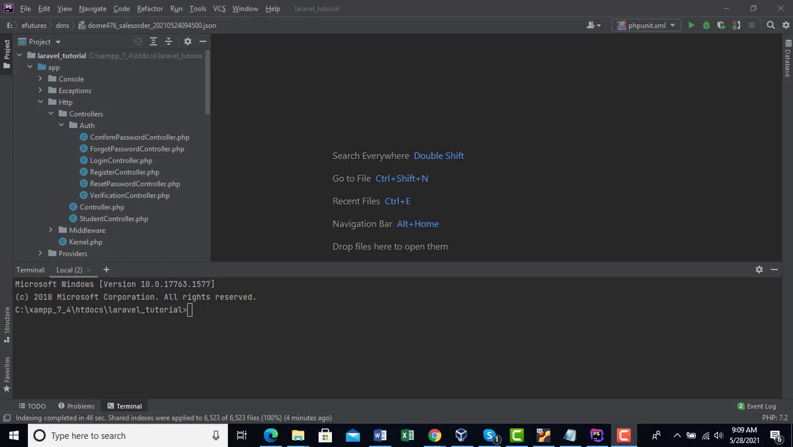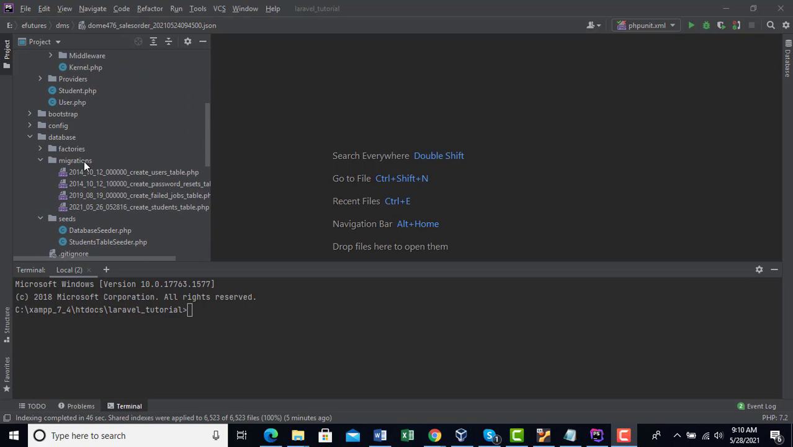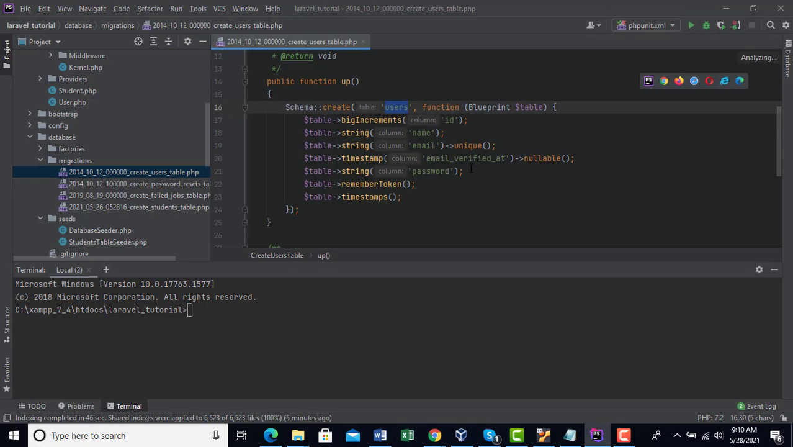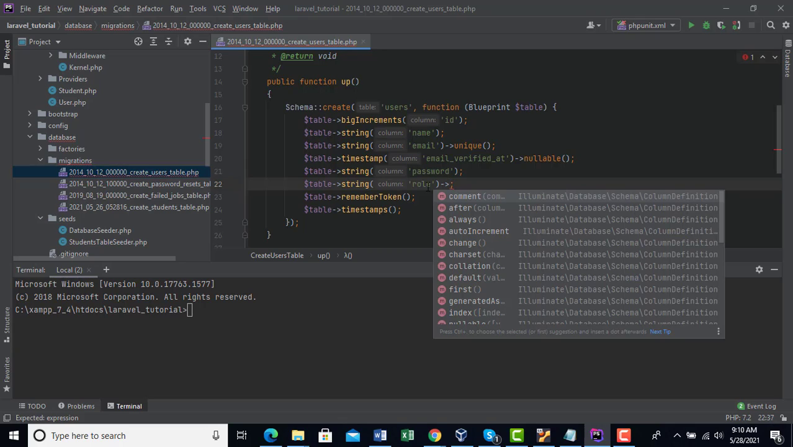Today I am going to explain about Laravel default login and registration. Firstly, I go to the migration and users table. In here, I add another column called role, and after that, I am going to